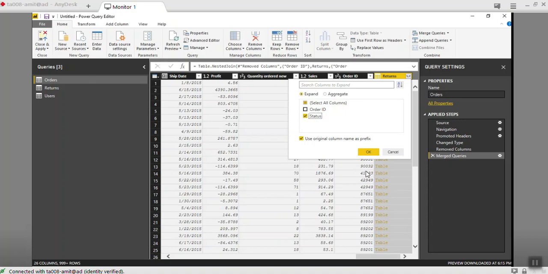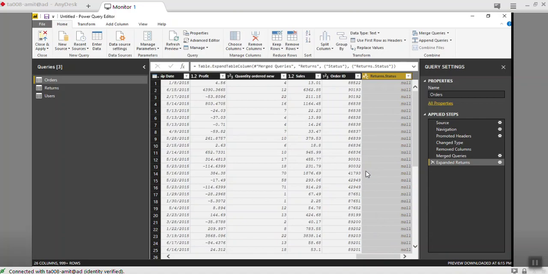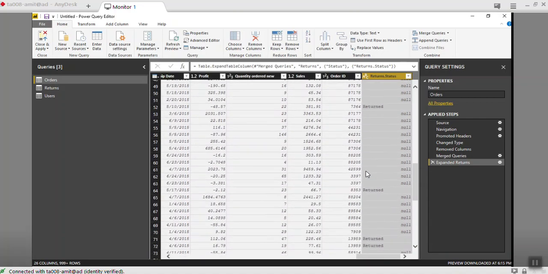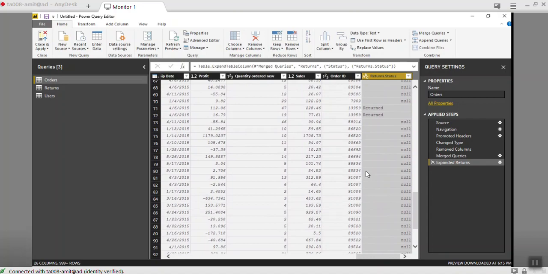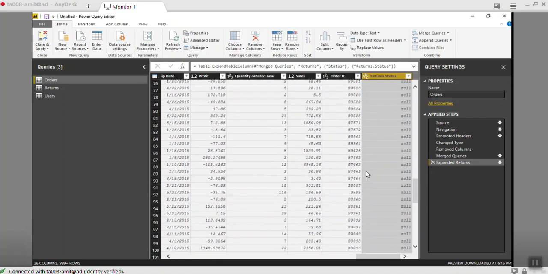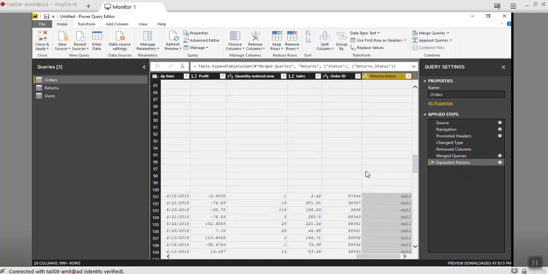It will use the return table name as the prefix and then the column name, so it will come as return dot status. You see everywhere it is null except some. Whatever matches were found, it is giving a value. Otherwise it is null, exactly like a VLOOKUP.